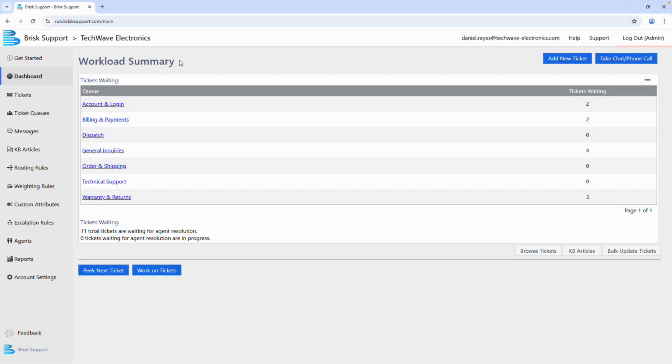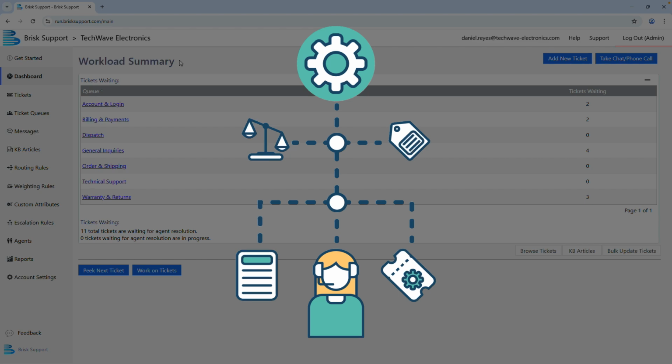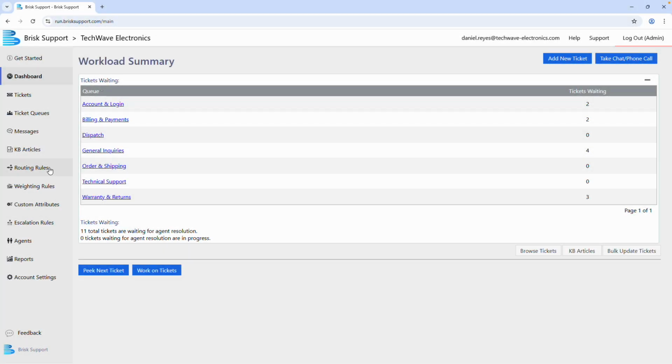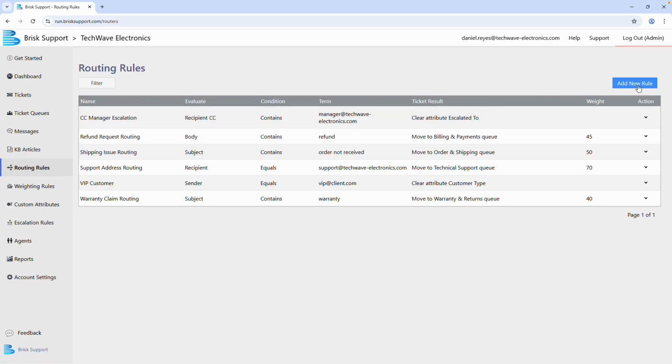The Routing Rules page allows administrators to create, edit, and view rules that determine how new tickets are routed. These rules assign tickets to specific queues or set ticket attributes automatically based on conditions found in the email subject, body, sender, recipient, Recipient CC, or the detected language. If there are no routing rules or none apply to the ticket, the system assigns the ticket by default to the dispatch queue. To add a new rule, go to the Routing Rules page and click the Add New Rule